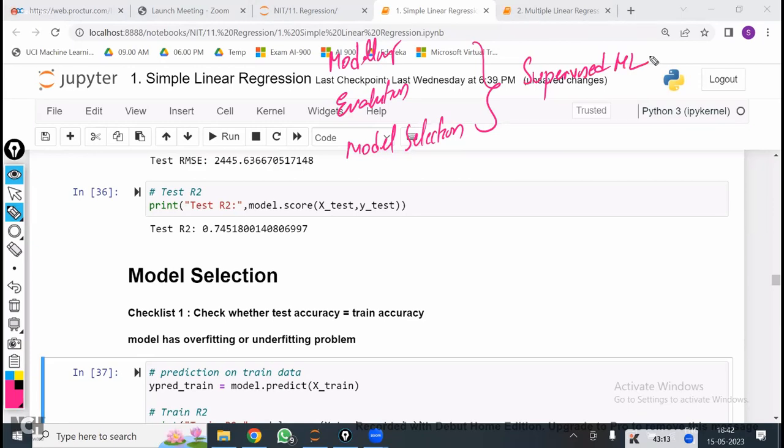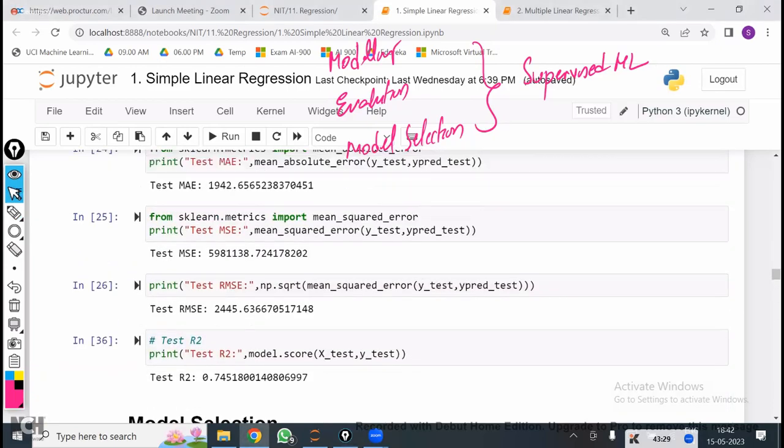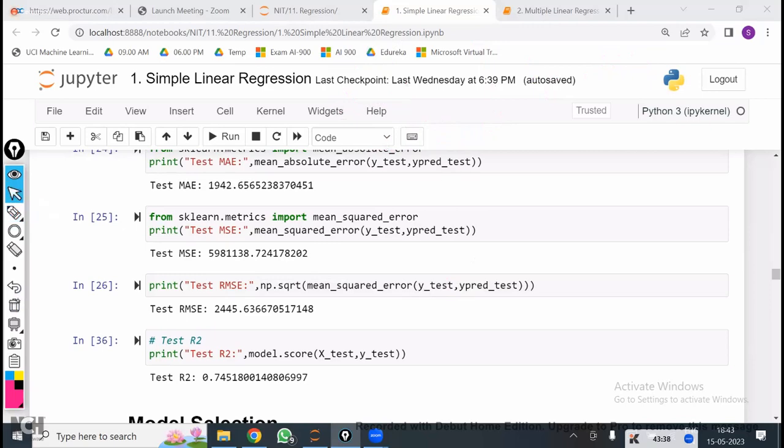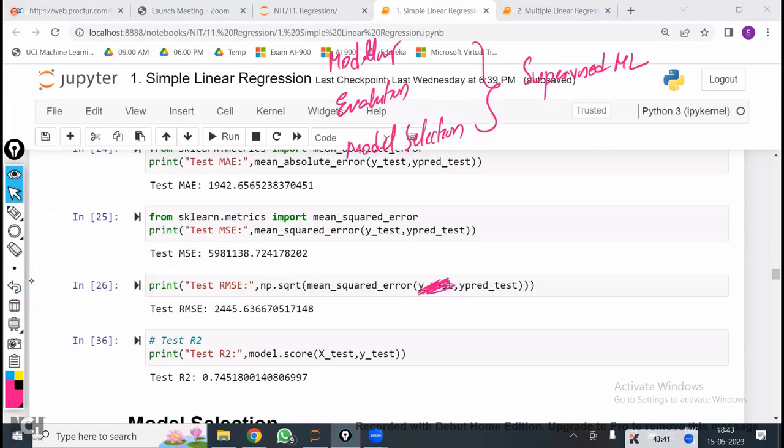For unsupervised machine learning, there is no output variable. From where will we compare? There we are only going to identify the patterns. We are not going to compare with the original output. If I have y_test with me, I'll do y_pred_test versus y_test. If y_test is not there, what do I have to do? Is that clear? So for all the unsupervised machine learning algorithms, we are going to apply this same logic. Done, guys? Next,